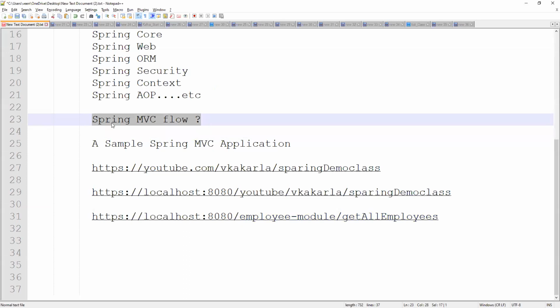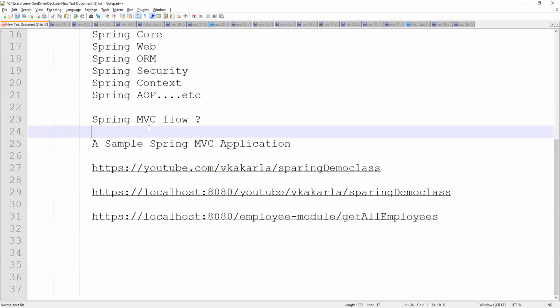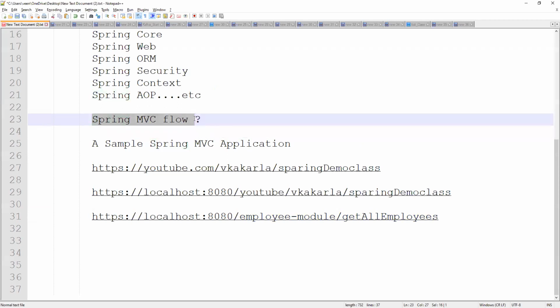We will see that tomorrow. But before starting, we should know the Spring MVC functional flow and what components are involved, which we learned today. So tomorrow we directly jump into the example. Got it, right?